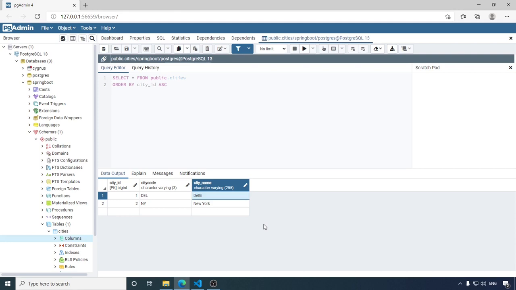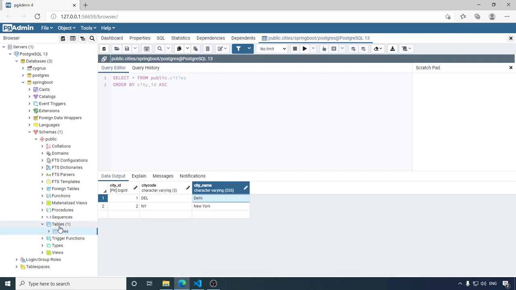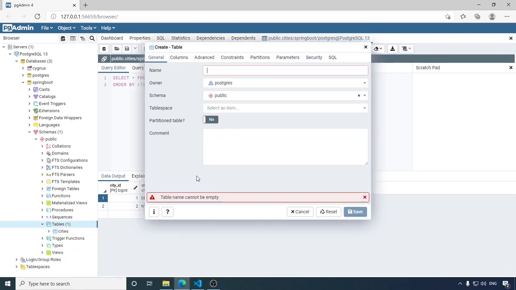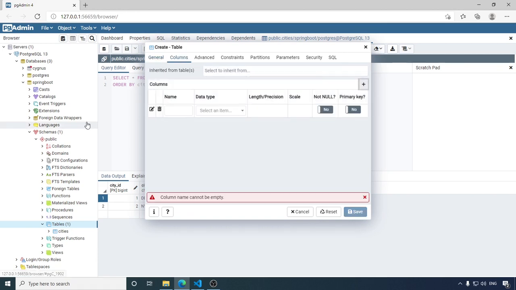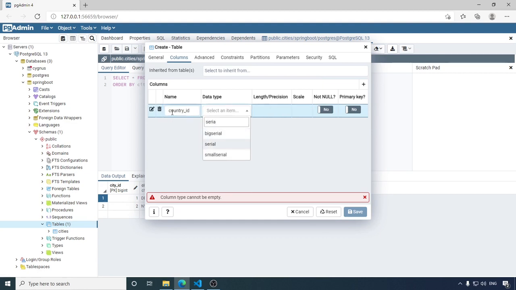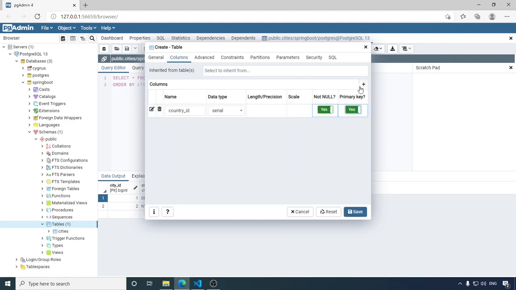So what is that? What we can do is add one more table, in our case a country table, and put all countries there. Then we can add a column in the cities table, where we can hold the primary key of the parent country row. So let's do that. I'm going to add a table countries, then column country ID serial not null primary key,